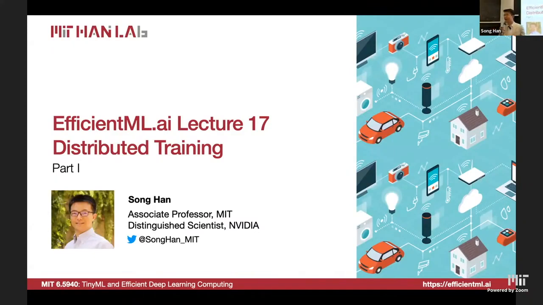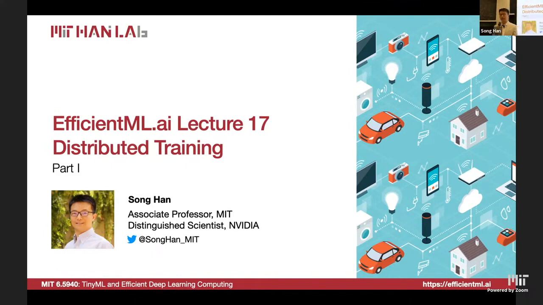Okay, it's 3:35. Let's get started into a new chapter about distributed training. So we have gone through two chapters already. The first one, we talked about efficient inference techniques: pruning, quantization, distillation, teacher-student models, etc. And the second part is about domain-specific optimizations, such as large language models and transformers, vision transformers, the GAN models, video models, point cloud models, and also the